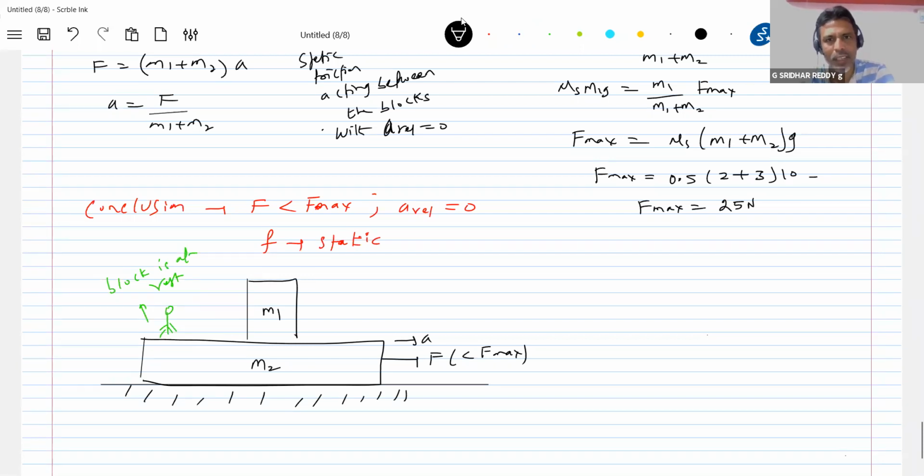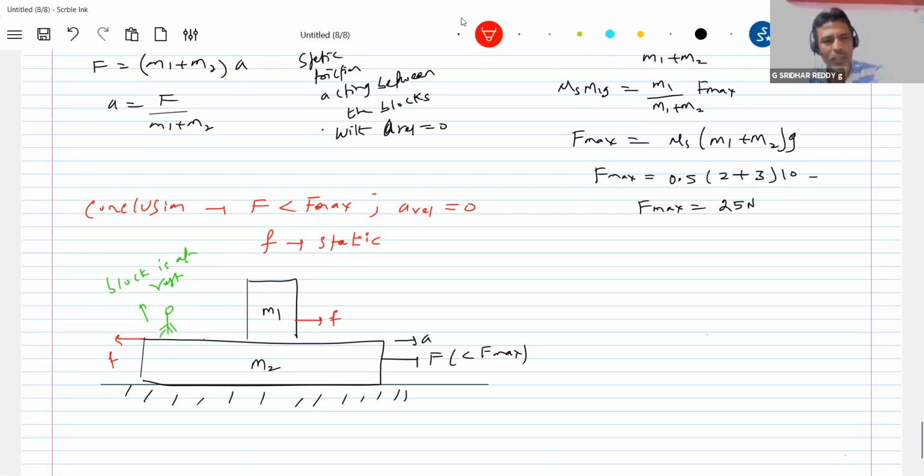What he notices is that there's a friction acting. And what will be his comment? The block is at rest and there's a friction acting. Why that friction acts, he says, I don't know. So what is the problem that arose with respect to him? You don't know why friction acts. Is he right or wrong? He's right.